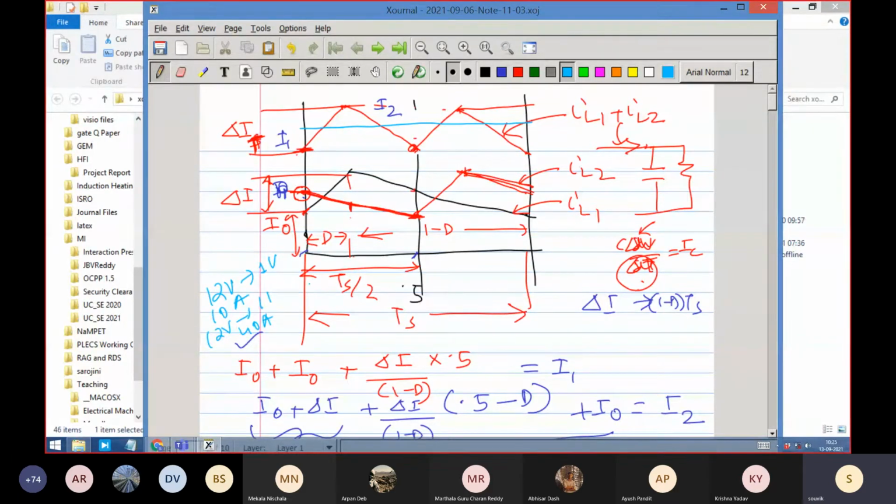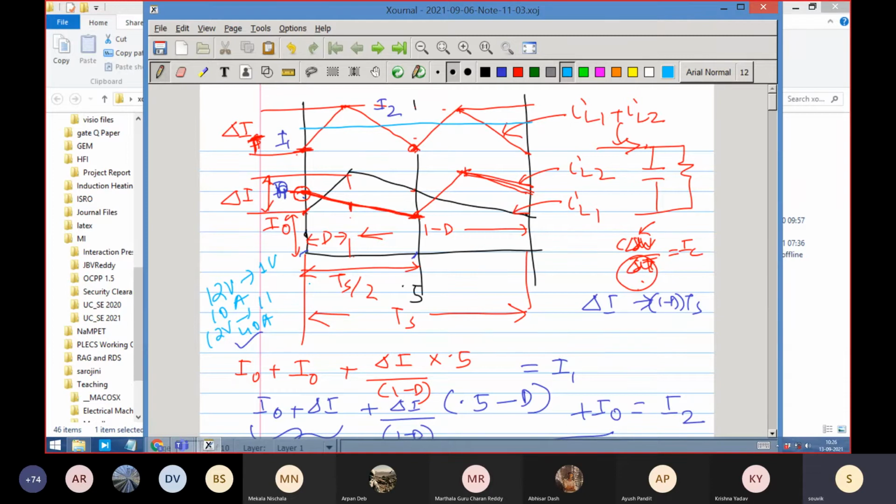Whatever MOSFET you had chosen earlier, I hope in the first session of this course you learned how to choose a MOSFET for a given current rating. So you chose a MOSFET, but the same MOSFET cannot be used in the second case because it is 40 ampere. But what you can do cleverly is, I have already designed a 10 ampere thing, so why don't I parallel it? It is a kind of paralleling. I have already done one modular design of 10 ampere, so why don't we do it for 40 ampere, right?